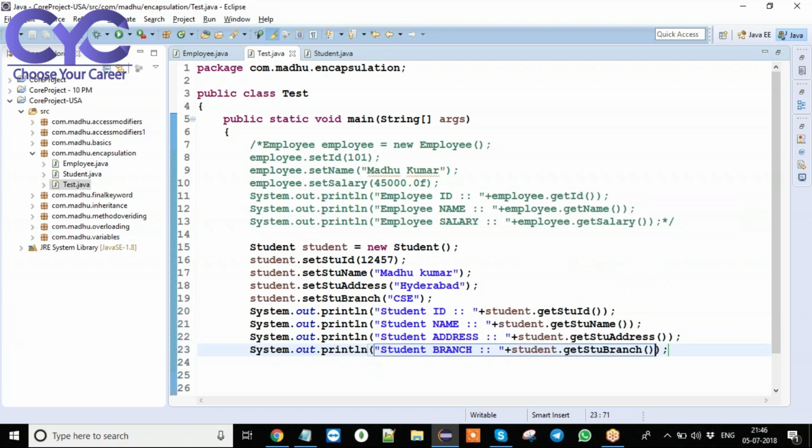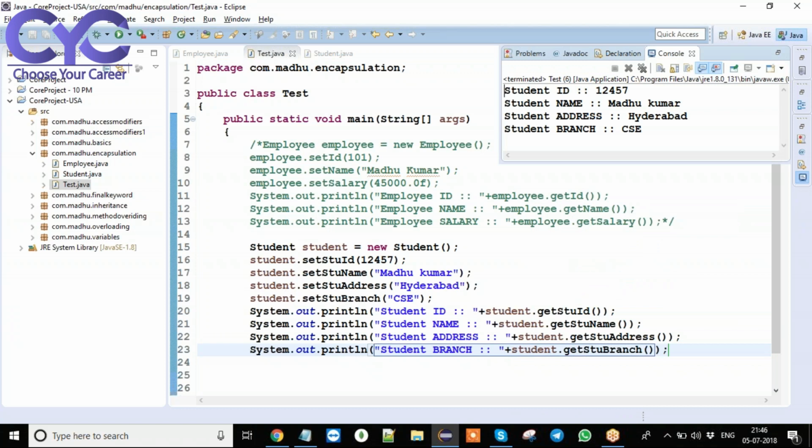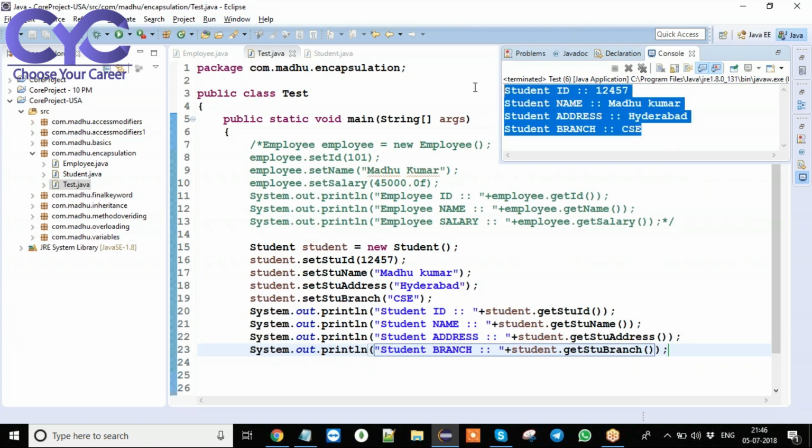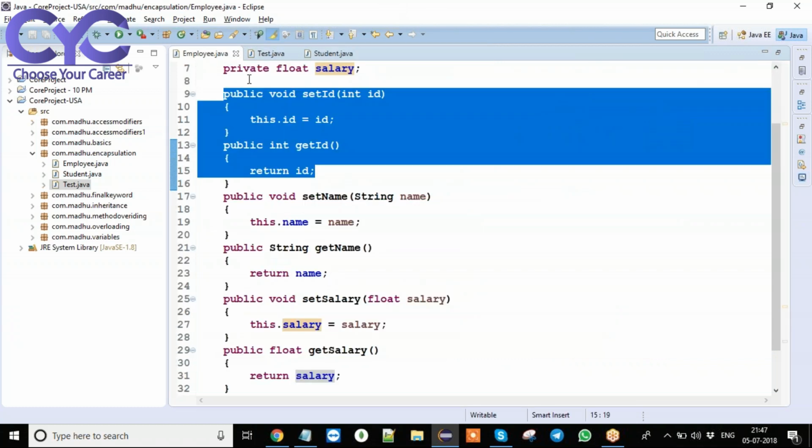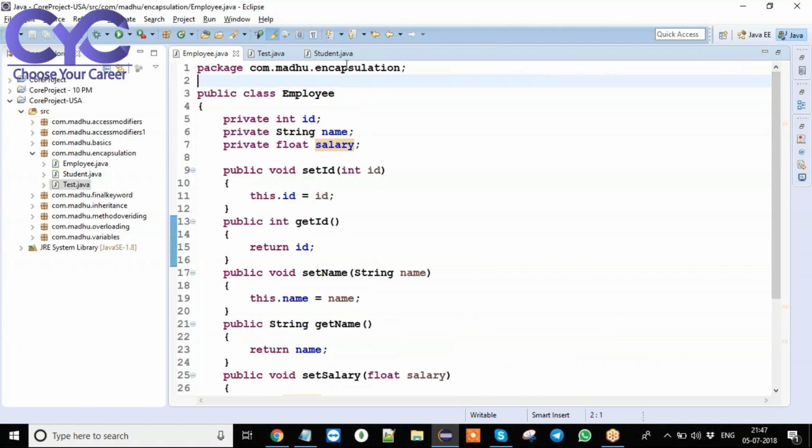Save it. Now run this sample now. If you observe this, we will be getting like this exact output. So what I said here, we are going to provide security by using private modifier. So if you want to access this private data outside the class to provide security, we are going to take public methods. Public methods means what? Internally we are going to give the data. Directly we are not going to give the data anywhere. For variables directly we are not giving. What we are giving by using public methods, we are going to pass the data for these variables like this.